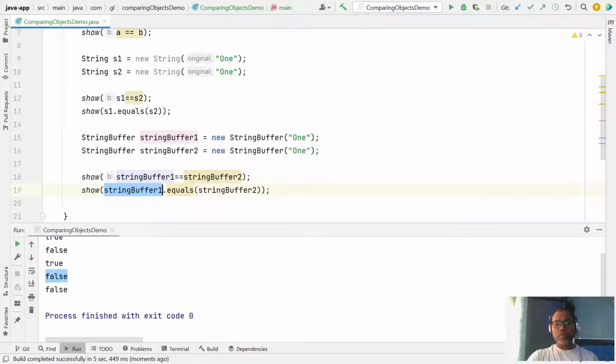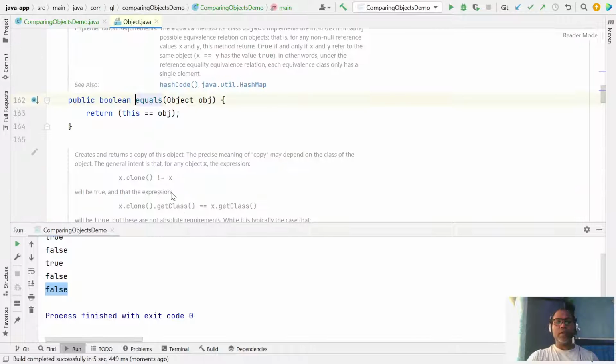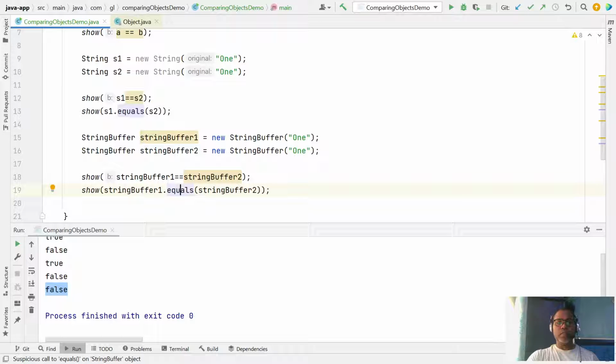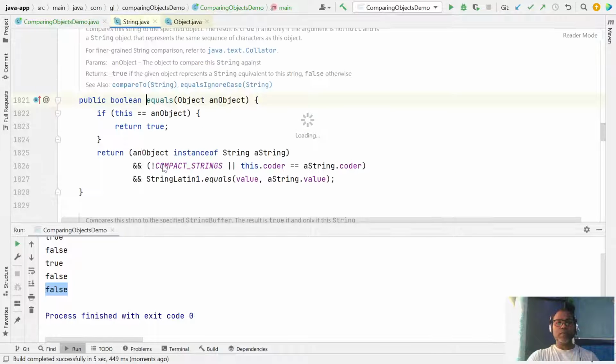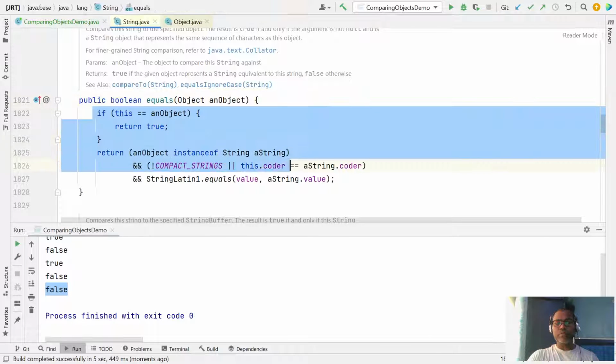But in the case of the equals method, it is still returning false. Why? The equals method is not overridden, no definition is provided by this class. If you look at the String class here, the String class provides the equals method definition.